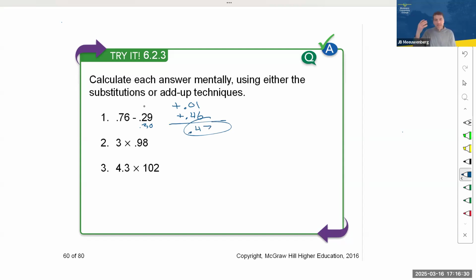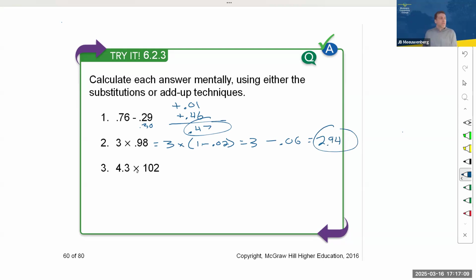Okay, so you can start to see how this technique can be used. 3 times 0.98. This could be thought of as 3 times 1 minus 0.02, which is equal to 3 minus 0.06. If you think about it in terms of money, again, we're multiplying 3 times 98 cents. Well, that's 3 times 1 minus 2 cents, which is 3 minus 6 cents, which is $2.94,